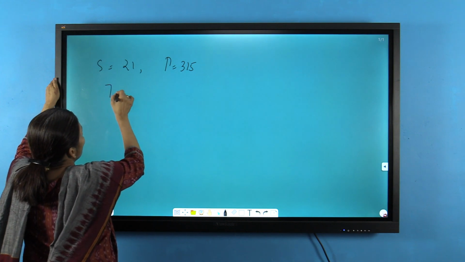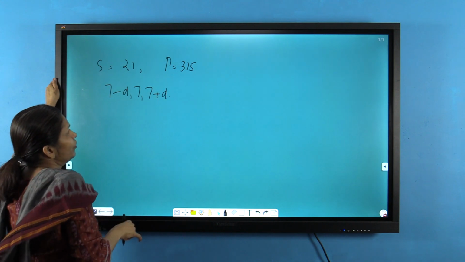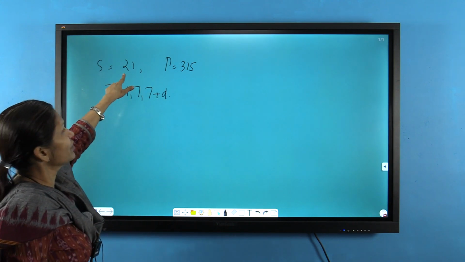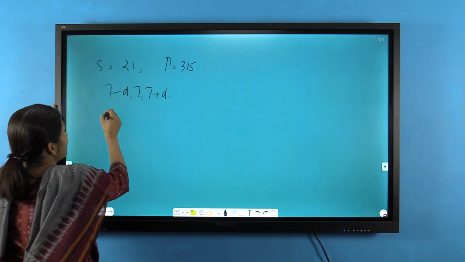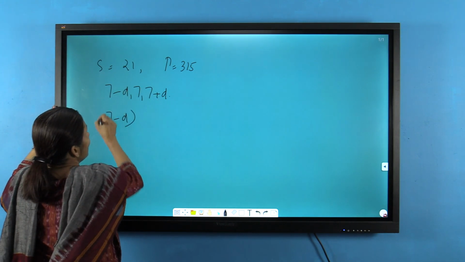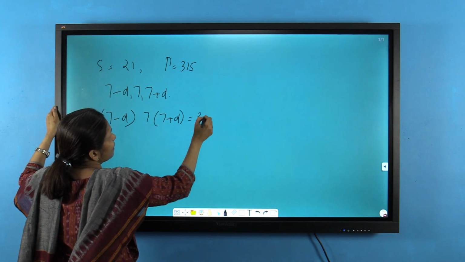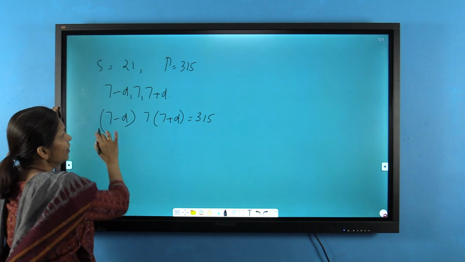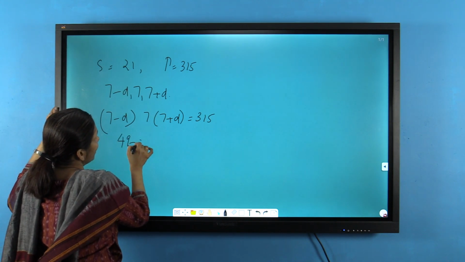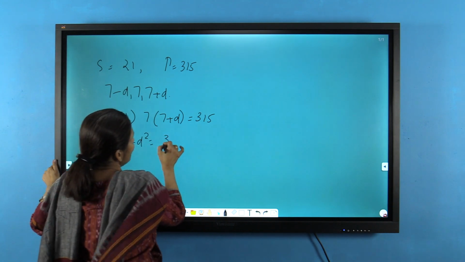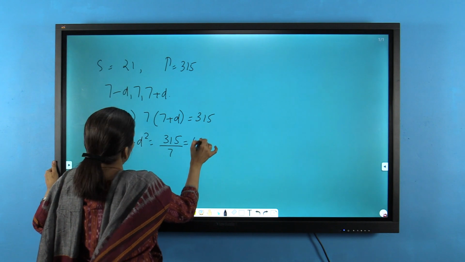The numbers are 7 minus d, 7 and 7 plus d. So we have made use of the fact that their sum is 21. Now what is the product? It is (7 minus d) into 7 into (7 plus d), which is 315. Multiplying these two, you have 49 minus d squared, equal to 315 divided by 7, which is